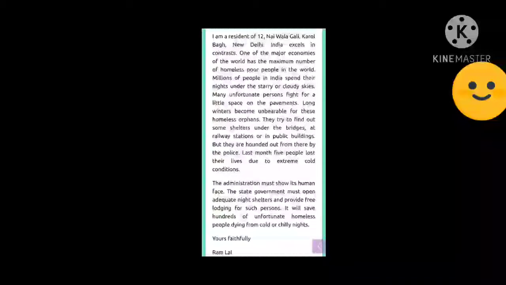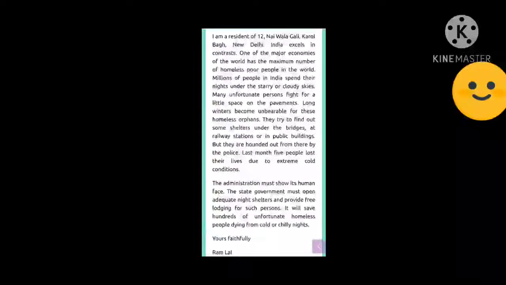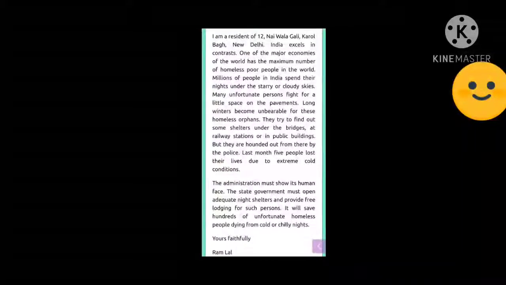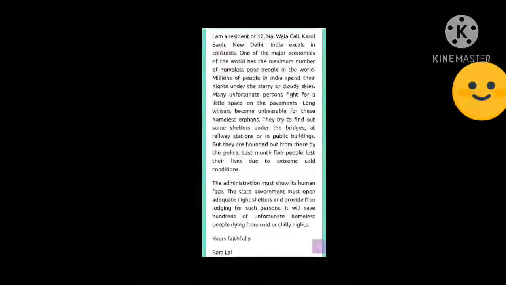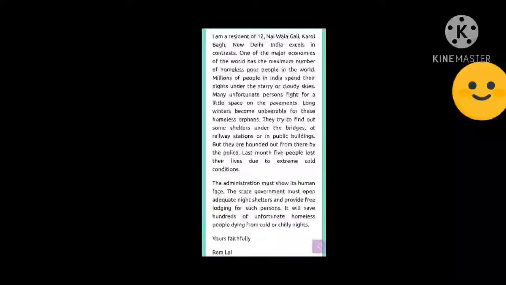Okay, in this way you can write any number of any model given in the examination. So practice as many letters as possible. Of course, write a few and read as many as possible, so that you will be acquainted with the language, with the tone, with the vocabulary and expressions to be used in the letter. And you need not learn this content by heart when you are writing, since you have written many and you have read many, you have revised well, you automatically or spontaneously will be able to present the letter, draft the letter in your examination.